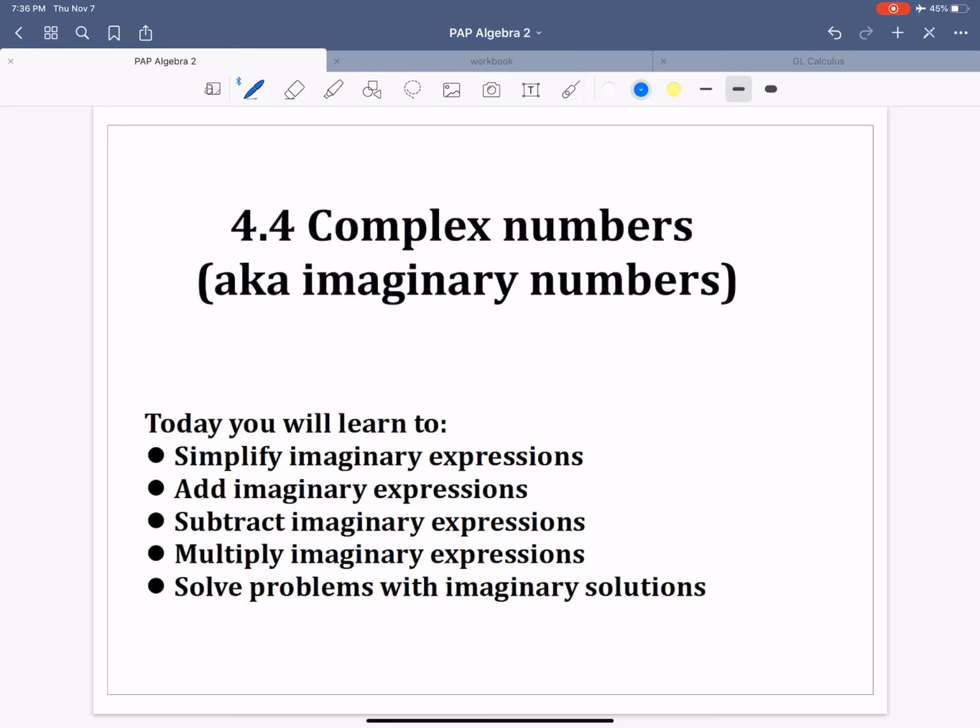Our concept for today comes from our Algebra 2 textbook, section 4.4, and we're going to talk about complex numbers, aka imaginary numbers. This is a really fun concept because up until this point in your math career, you've been told they're only operated with real numbers, but today we're going to operate in this realm of complex numbers or imaginary numbers. You'll learn today what they are, and you'll learn how to add them, subtract them, multiply them, and solve problems